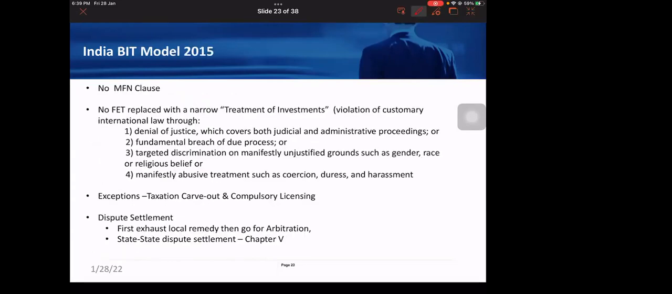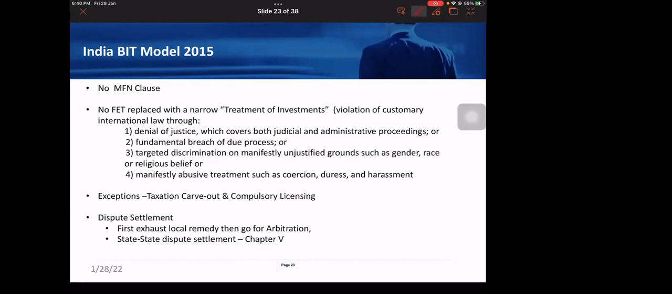Quickly on the India BIT model, again, a lot of very interesting developments. No MFN clause, which is very, very surprising, because the MFN clause is the cornerstone for non-discrimination. And no fair and equitable treatment. So look, we are removing all the substantive clauses. No fair and equitable treatment, and that is replaced with a narrow clause, treatment of investments. Only these 4 aspects